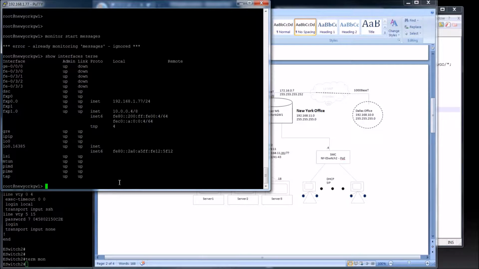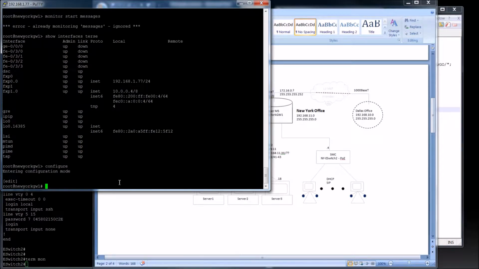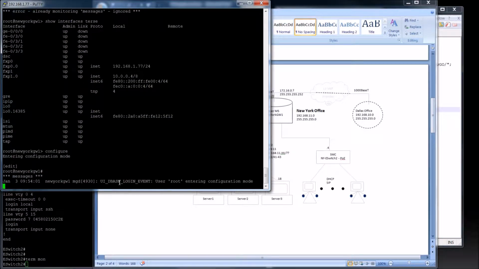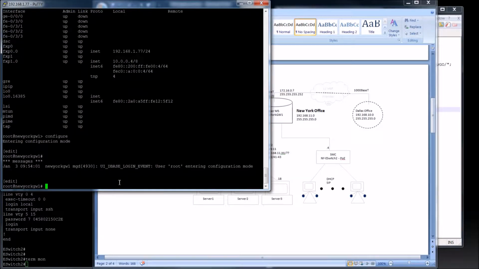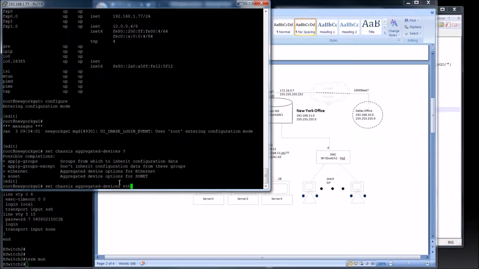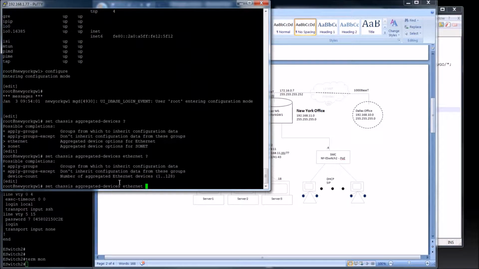So you have to do a config, and then it's set chassis aggregated-devices ethernet, and then device-count. Now we only need 1 lag. So if I just put 1 in here,